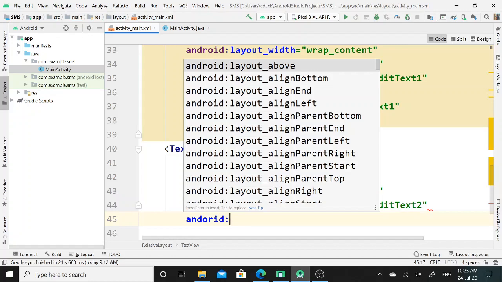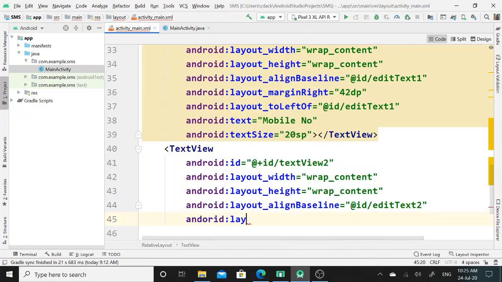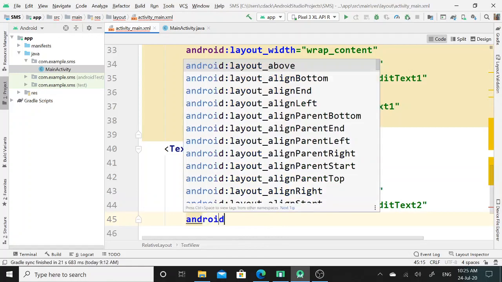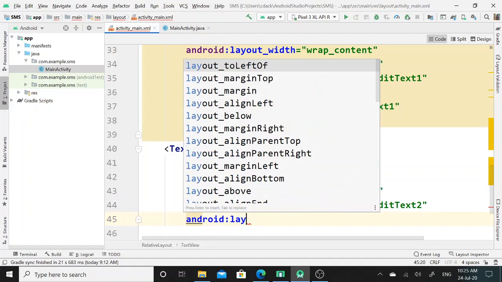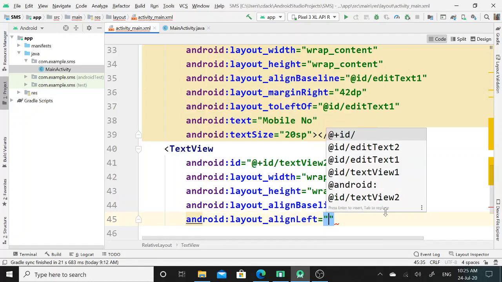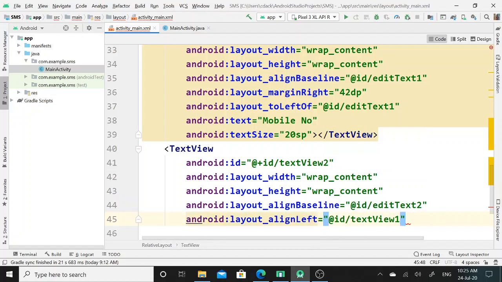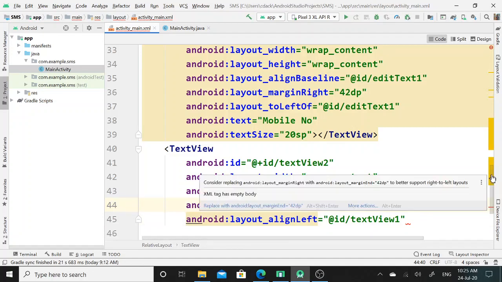Next property I will set is layout underscore align left. Here I will set the ID of text view 1, since I want to set its alignment equal to this initial text view.